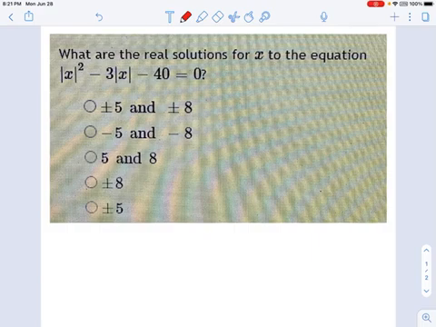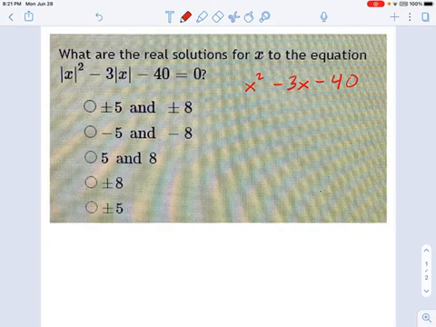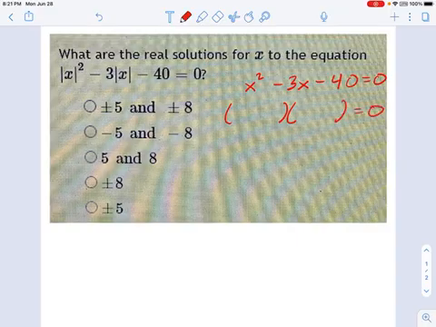So here we have an absolute value equation, and you might think this is fairly straightforward to solve, at least if you're used to factoring equations to solve them, because I think this looks fairly familiar. If you think about this, remember how to factor simple equations like x squared minus 3x minus 40 equals 0? This isn't difficult. We know we can just turn this into a pair of binomials multiplied together. And if you're used to factoring, these numbers should just pop out at you.